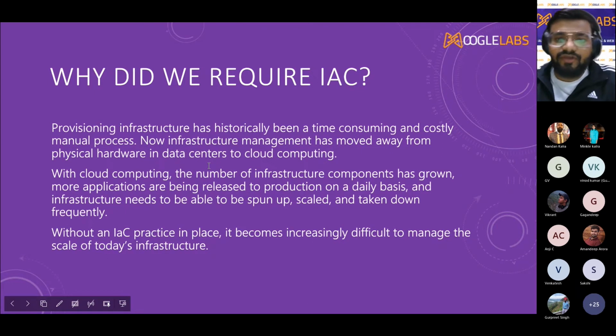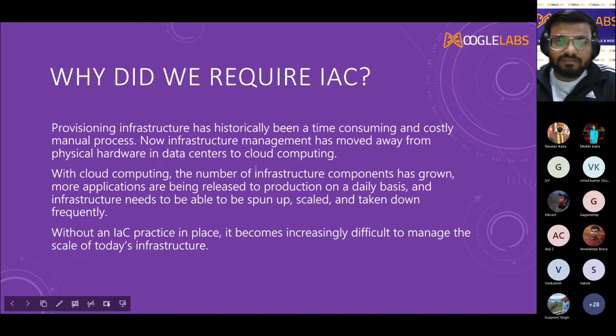It also provides a way to automate the provisioning of new infrastructure components, making it easier to scale up or scale down as needed. As we can see through an example, when we are watching a match on Hotstar or any application, the users tend to rise up at a particular stage of a game. So it can also help to scale up the infra when user traffic is more, and also we can scale down as per our needs.